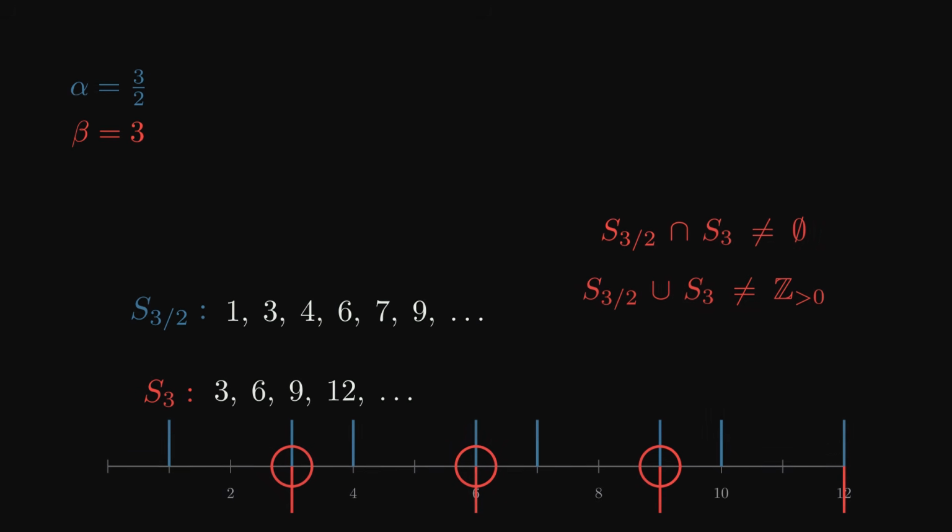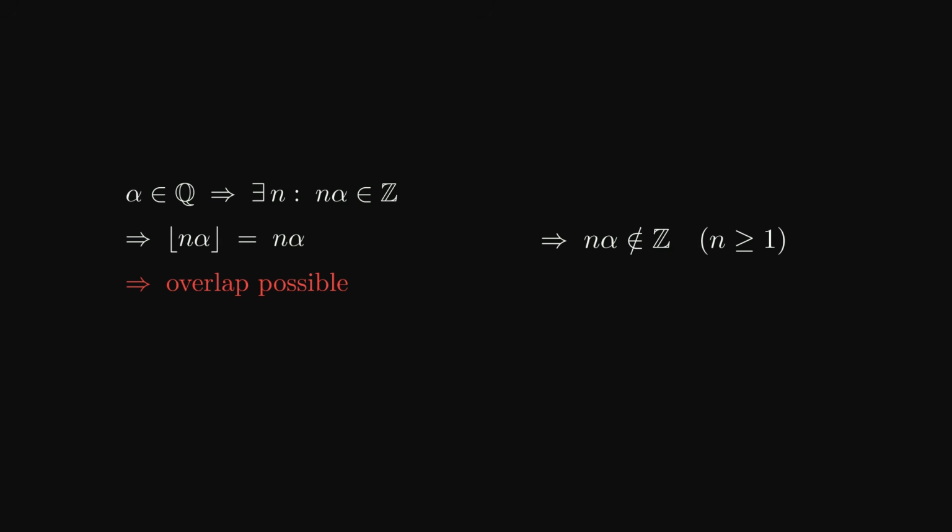The reason is that when alpha is rational, n times alpha can land exactly on an integer for certain n. The floor function does nothing in that case, and the overlap can occur. If alpha is irrational, n times alpha is never an integer for any positive n. The fractional part of n times alpha is always strictly positive. This strict positivity is exactly what makes the floors of n times alpha and m times beta disjoint and complete. So irrationality is not a technical assumption. It is the structural reason the partition